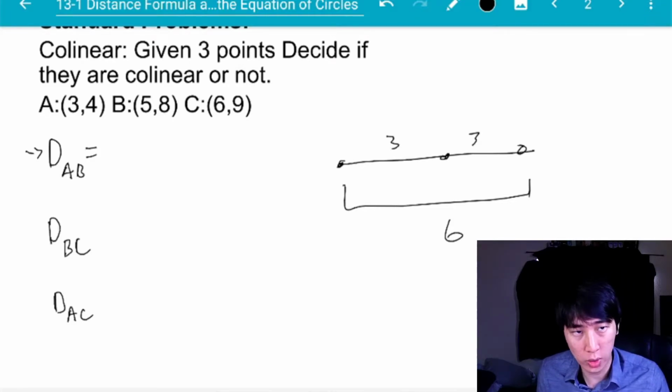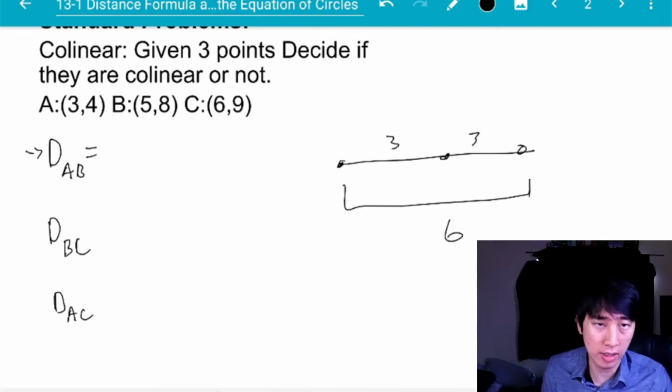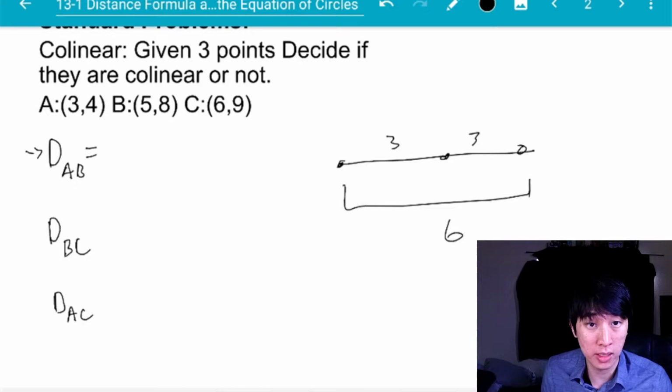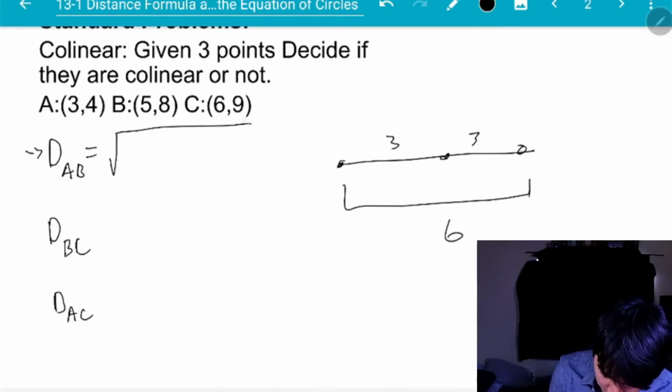Some people like saying the distance from A to B will be called X and the distance from C to D is called Y. To me, that's more confusing, but however you want to do it. This is one method, and it's also commonly used in chemistry and physics, so I suggest getting used to subscripts. So the distance from A to B is equal to the square root of